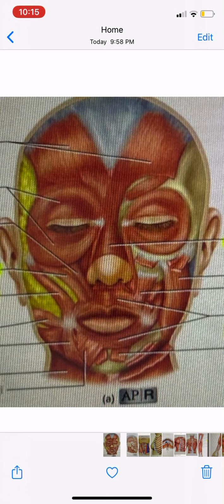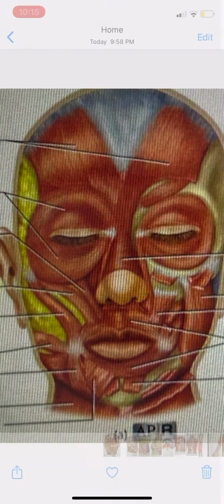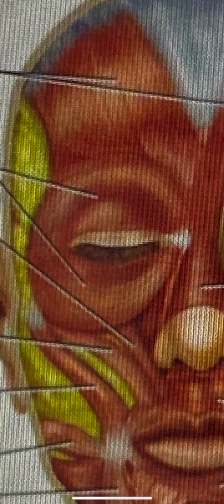So, the first muscle is going to start out in the face, and it's going to be the epicranius front belly. That's going to be these two right in the front. Then we're going to go to the orbicularis oculi, and that's around the eyes, the circle around the eyes. Next is the nasalis, which will be the nose. Then the